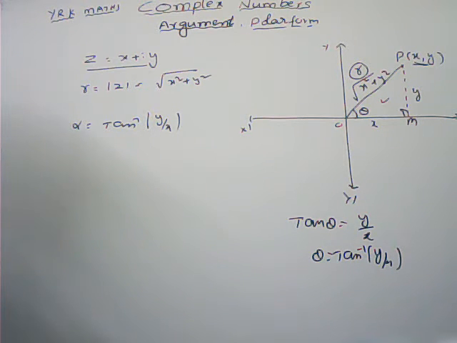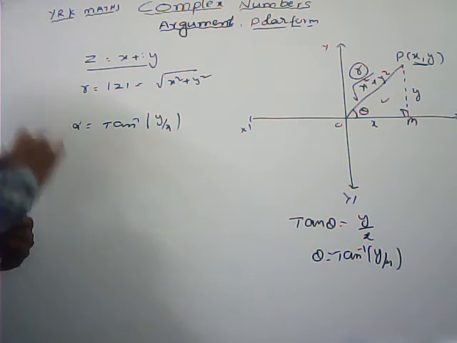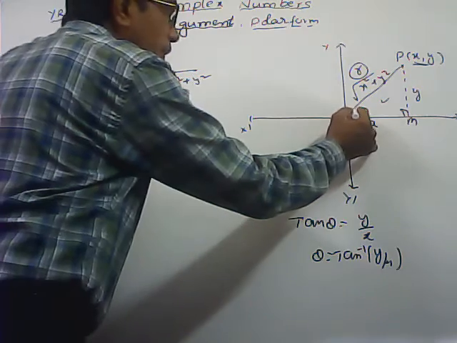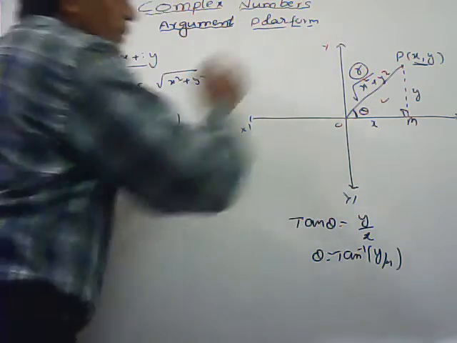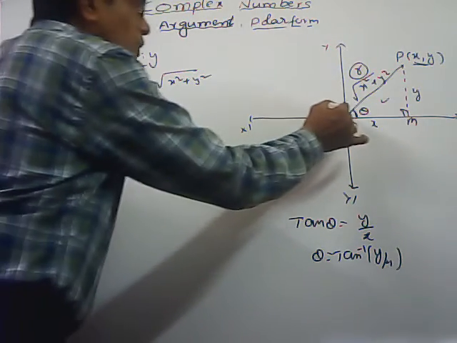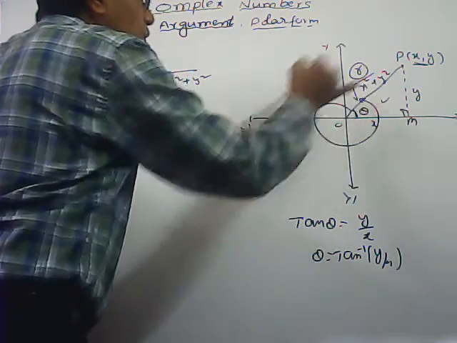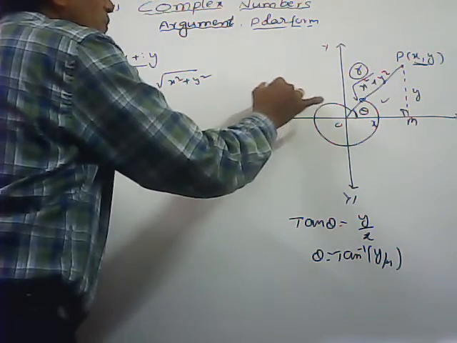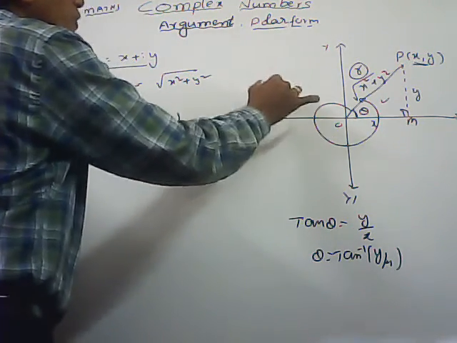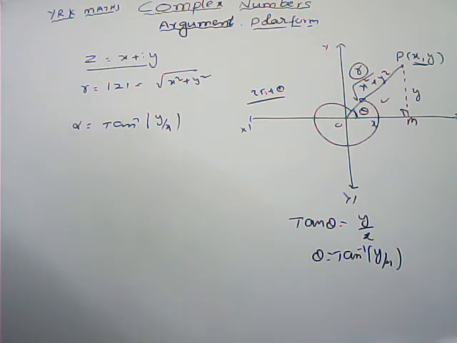Now, the argument of a complex number. Here this is the main important point. The argument of a complex number is not unique. Here what I have taken, theta is the argument of the complex number. If it makes one revolution, that one we say 2 pi plus theta. For every completed revolution it makes 360 degrees only. 360 means 2 pi radians.